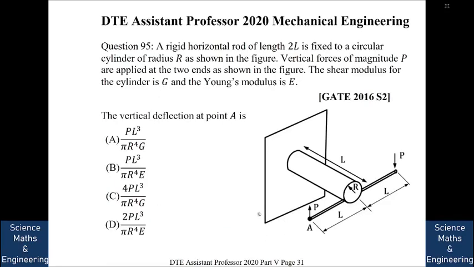Next question. A rigid horizontal rod of length 2L is fixed to a circular cylinder of radius R. As shown in this figure, this is radius R, and so this horizontal rigid rod of length 2L is fixed. Vertical forces of magnitude P are applied at the two ends as shown in this figure. So this is P and this is P. Shear modulus for the cylinder is G and the Young's modulus is E. So the vertical deflection at point A,